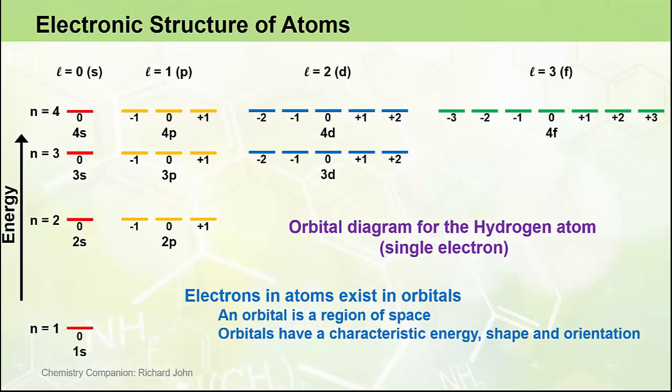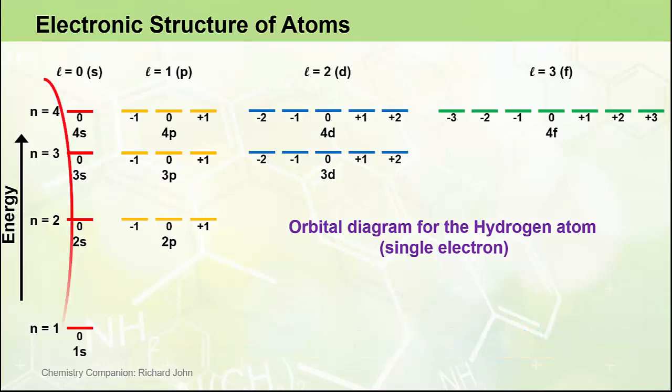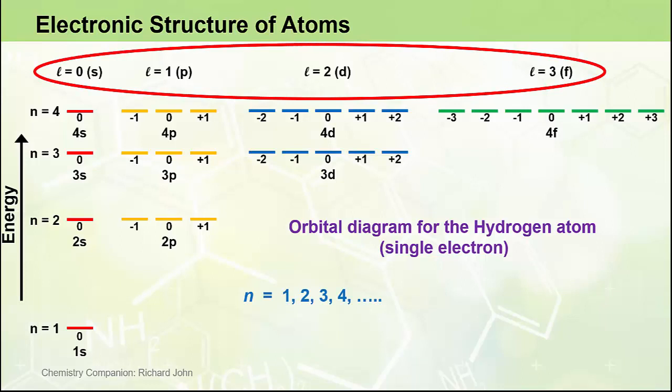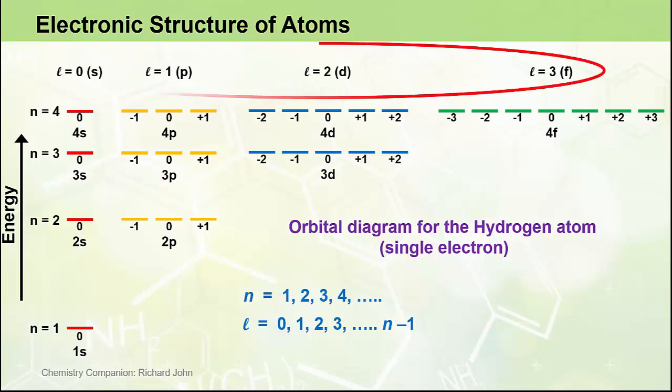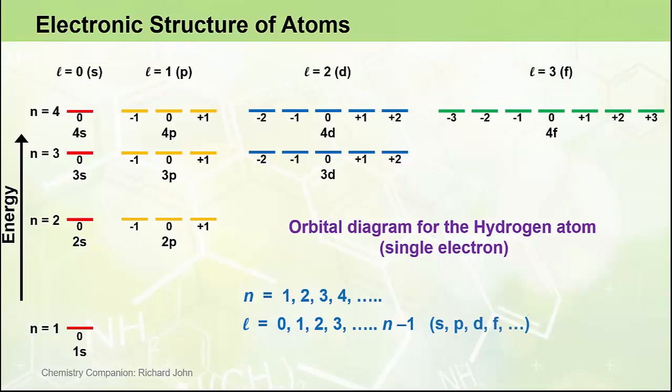And these three properties, energy, shape of electron distribution, and the orientation of electron distribution, are characterized or described by three quantum numbers. n, the principal quantum number, which describes the overall energy of an orbital and takes on the values of positive integers up to infinity. l, the secondary quantum number, sometimes called the angular momentum quantum number or the azimuthal quantum number, which describes the shape of electron distribution and takes on the values of 0, 1, 2, etc. up to n-1. You will also note that the secondary quantum numbers written across the top also have letter designations associated with them, s, p, d, and f, corresponding to l equals 0, l equals 1, l equals 2, and